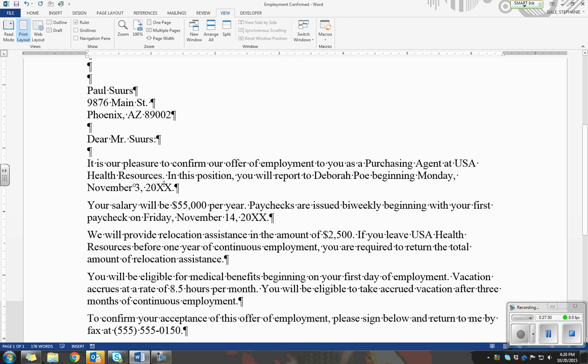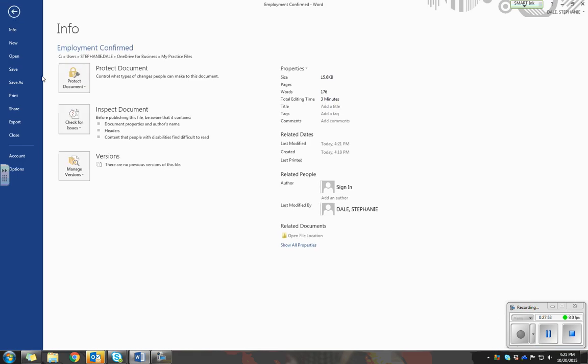So we know the difference between a regular space and a non-breaking space. And basically, if we remember, a non-breaking space does not allow these two things to break away from each other. November, you see, has been pulled down all the way to a new line so that it becomes easier to read for your audience. We're going to save this document, and we're going to close this document because we are